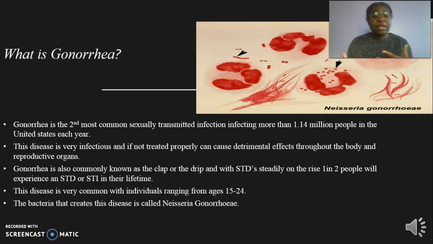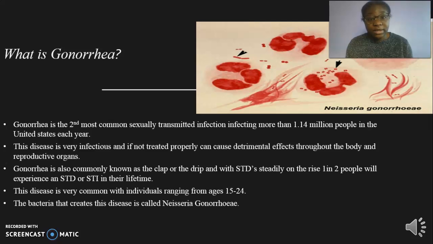So it can be transmitted from male to female, female to male, male to male, female to female. It really doesn't matter. It's also commonly known as the clap, and 1 in 2 people will experience an STD or STI in their lifetime, whether it be gonorrhea, chlamydia,